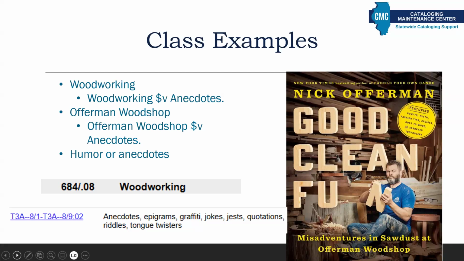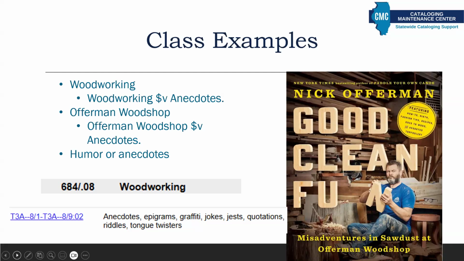So I go to WebDewey and search woodworking, and this takes me directly to 684.08. I could then see if I can add anecdotes as well to this number, but when I went to add that number, I find that it takes you to the standard subdivisions, and there's no option for anecdotes in number building of the standard subdivisions. However, I know different kinds of writing are in the T3A table, so I go to that table, look through options of writing scopes, and there is an option for miscellaneous writings. Going deeper into that notation, we find